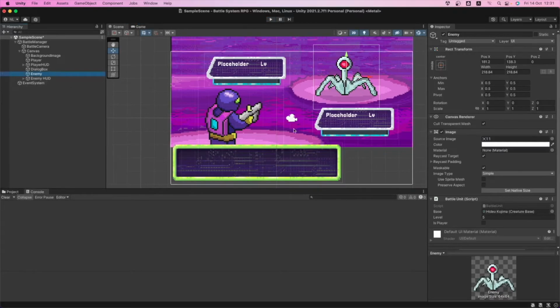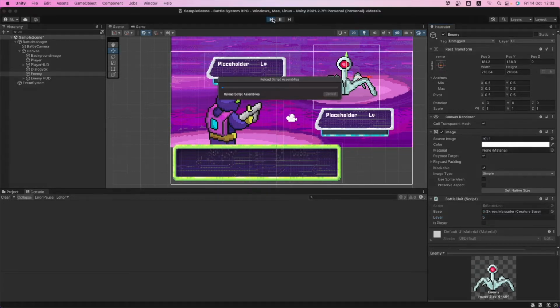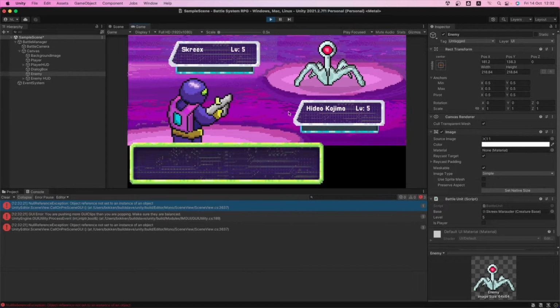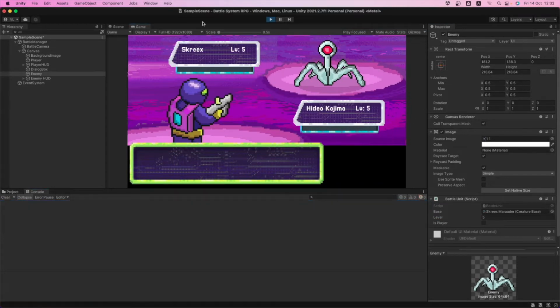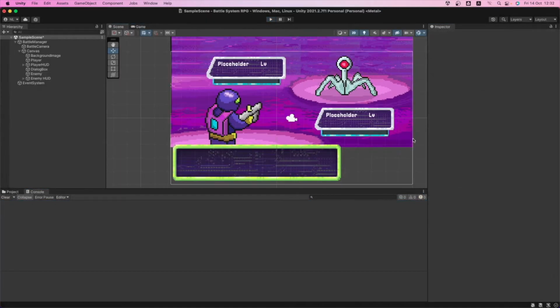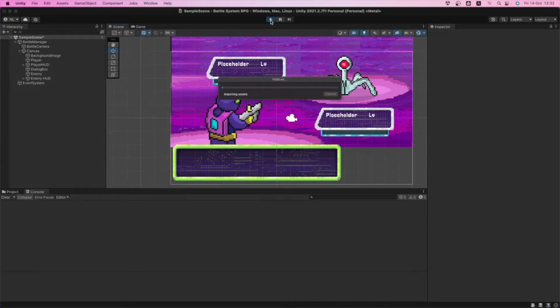Let's go into the enemy and find a new scriptable object. We have this new Scrix Marauder. It's an enemy I created, a random name I made up, and it's going to be level 5, it says. Let's see if it's updating the level or if we have to fix it. This is not a player, so let's hit play and wait for it to load. We're getting an error. Yeah, the same error I told you. I have that selected. Let's go back into play.